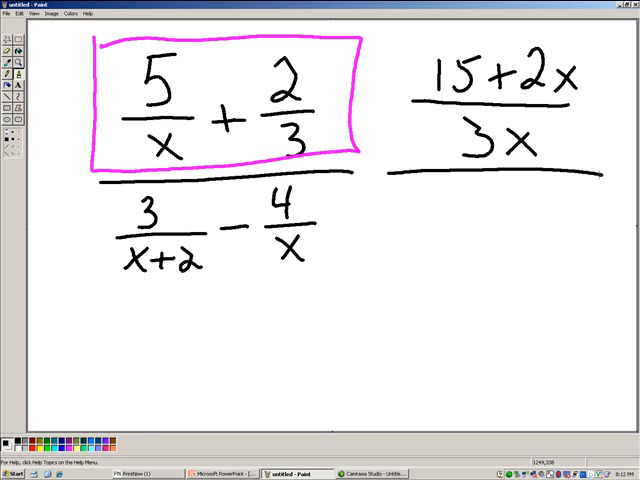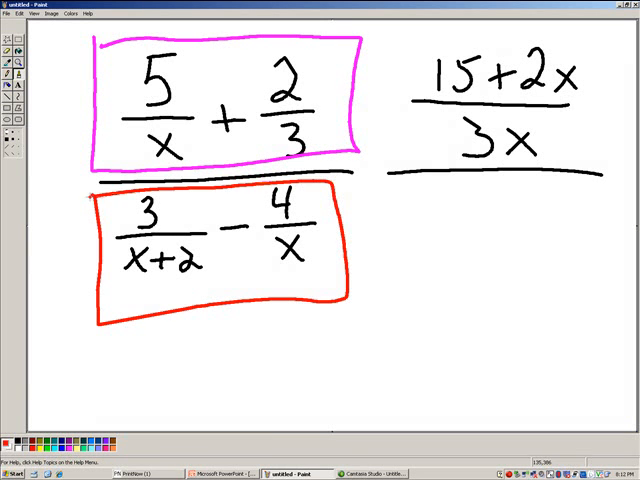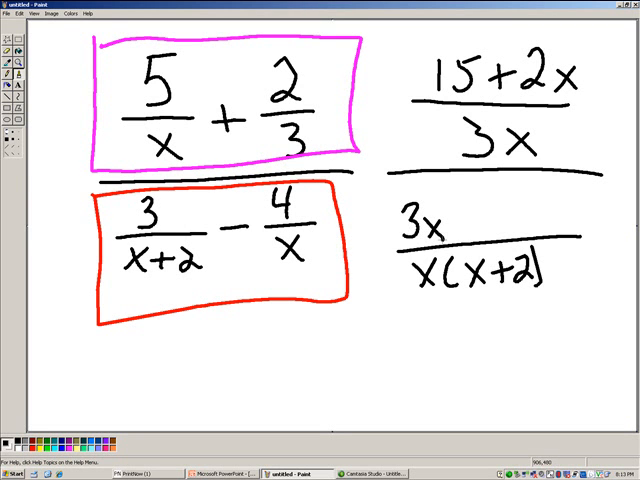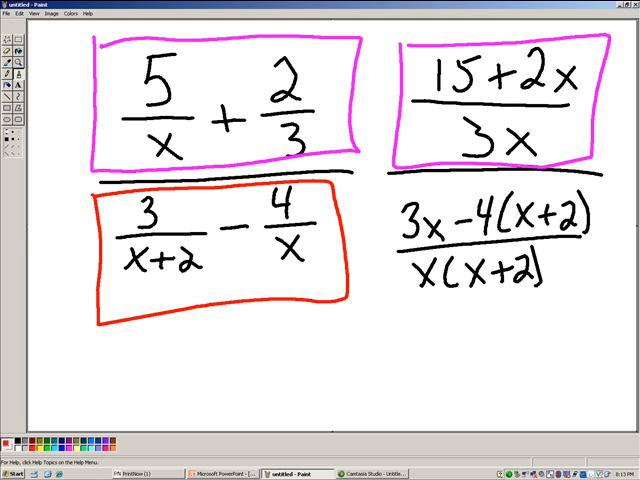Then I do the same thing to the denominator down here. I get my common denominator, which would be x times x plus 2. Then I get my numerator. I had to multiply x plus 2 times x, so I need to multiply 3 by x. And I need to multiply x times x plus 2, so I need to multiply the 4 times x plus 2. Once I have the numerator over one denominator, like this, and the denominator over one denominator, like that,